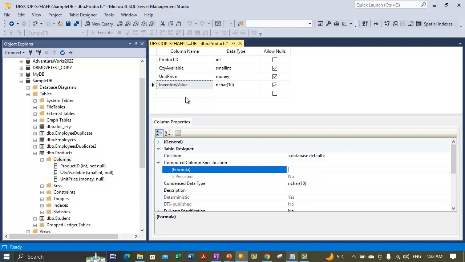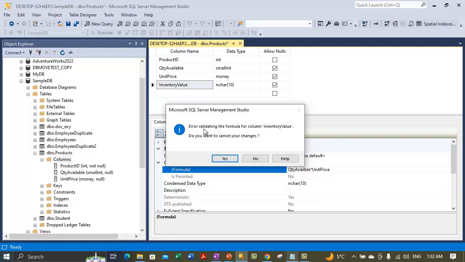For example, for this column inventory value, we can specify it as a multiplication of maybe the quantity available column multiplied by inventory value. No, not inventory value, but the unit price, sorry. So it's a result of the second and third column multiplied, we get the inventory value. So I'm specifying the formula over here, which will basically multiply the quantity available with unit price and assign those values to the inventory value column. Alright, so the formula is defined now,